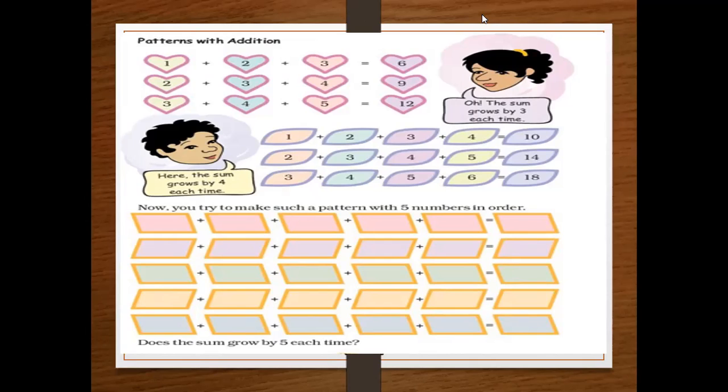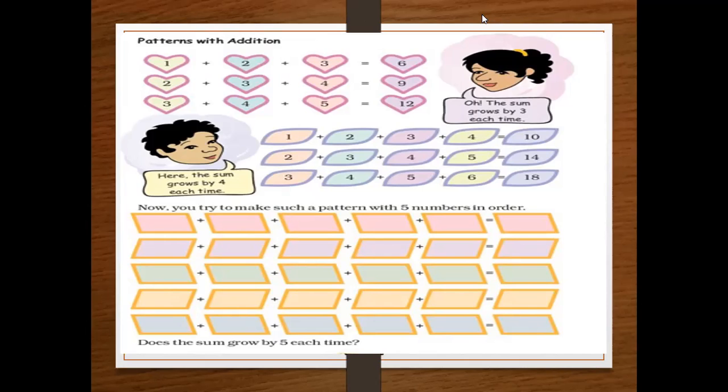Sir, they're removing one number from the starting. Oh, it is not removing. It is adding continuous numbers one after the other. 1, 2, 3. Next 2, 3, 4. Next 3, 4, 5. Like that. You have to see the result. When you are adding 3 numbers, result increased by 3. 6 I got, 9 I got, 12 I got. 6 and 9, 3 increase. 9 and 12, 3 increase.